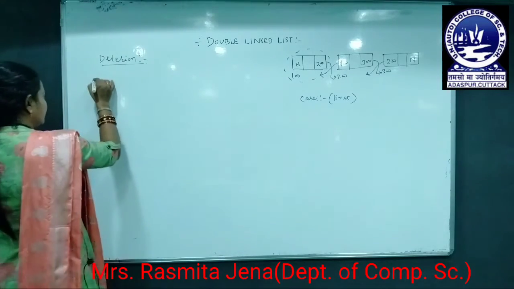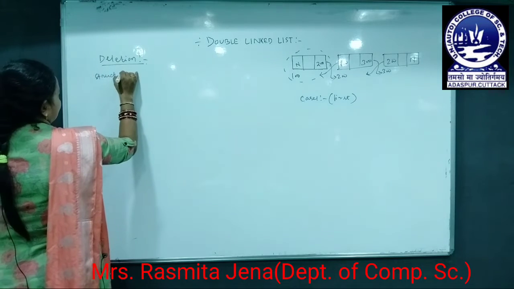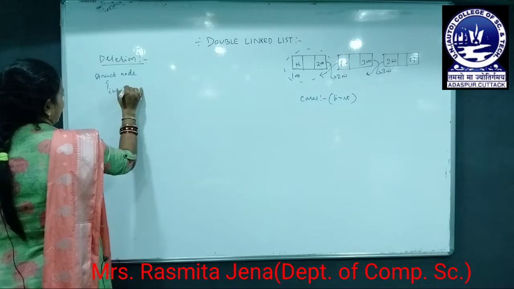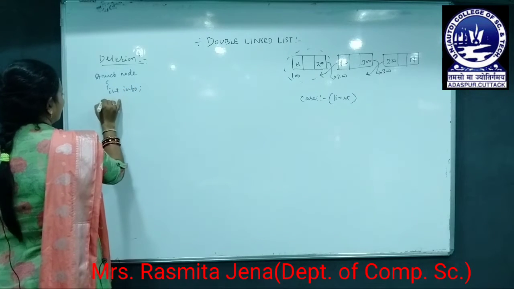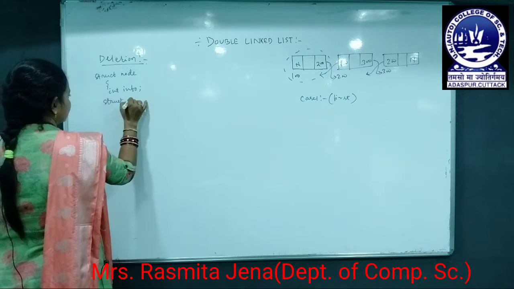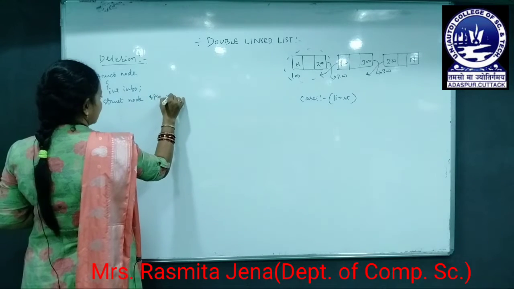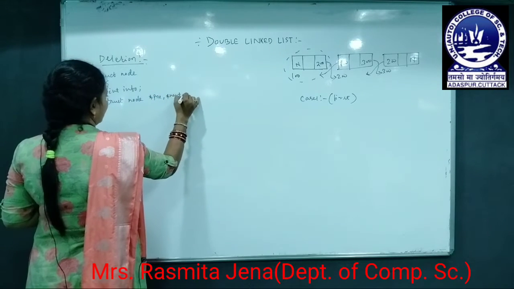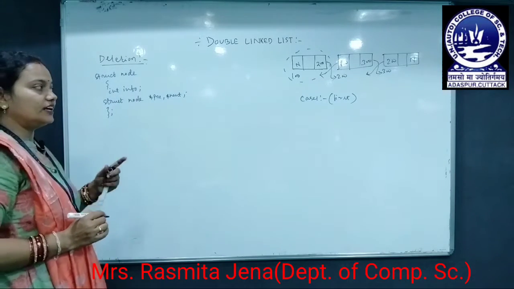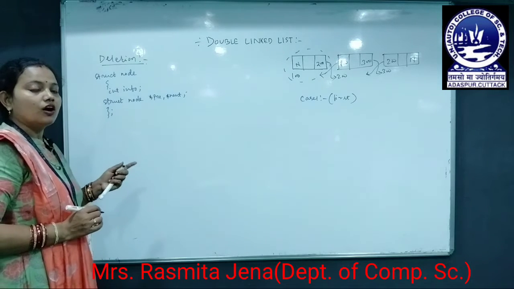The structure of the double linked list is, we have one info part and 2 address parts, because this is a double linked list. In a double linked list, we can move in forward as well as in backward direction. This is the structure of the node. Now, we will delete the first node. What will be the function for the deletion operation?